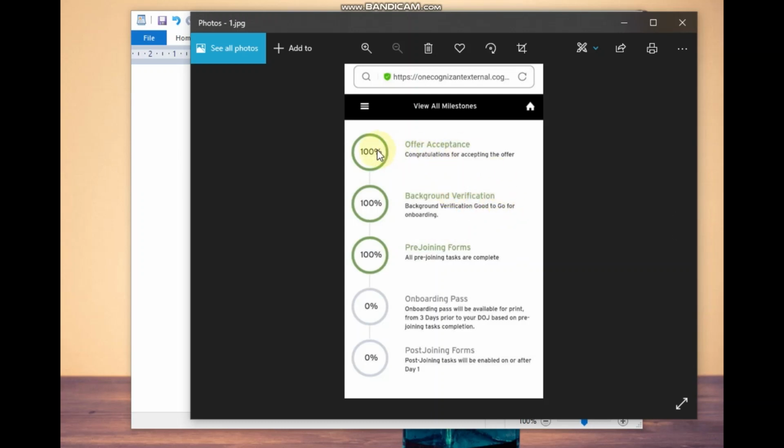Here your offer acceptance is 100%, that is you have accepted your offer letter, and then background verification is also 100%. It means that your background verification is fully completed, and your pre-joining formalities are also 100%. So these all are the milestones that show along with the process.